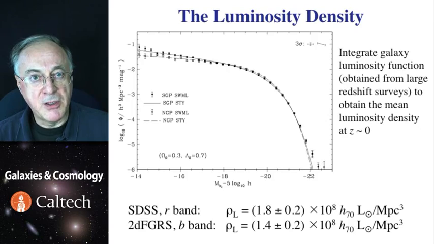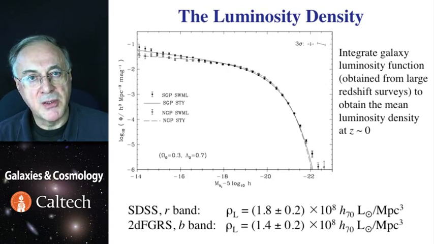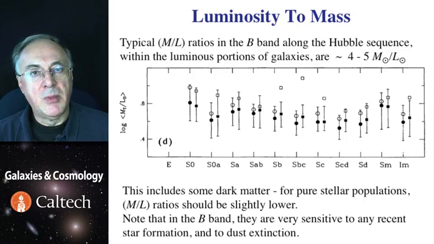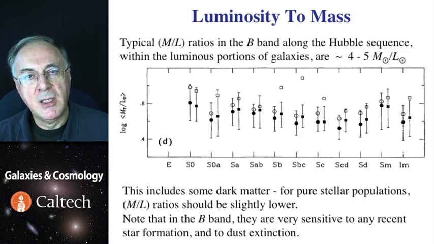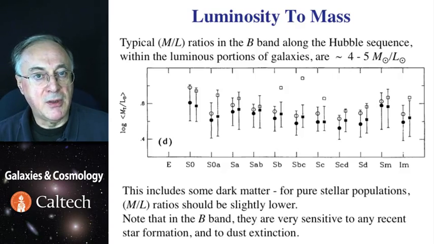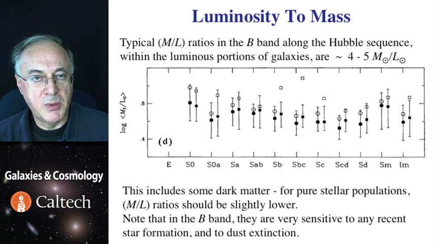The results from different redshift surveys are all in very good agreement and amount to about a couple hundred million solar luminosities per co-moving cubic megaparsec locally here now, for a Hubble constant of 70, which is close enough. But we want to find out how much mass is in those stars, and for that we need so-called mass-to-light ratios of stellar populations. Stars of different mass at different ages produce energy at different rates, and so we have to integrate overall production of light for a stellar population at a certain age, or a mixture of ages, and see.